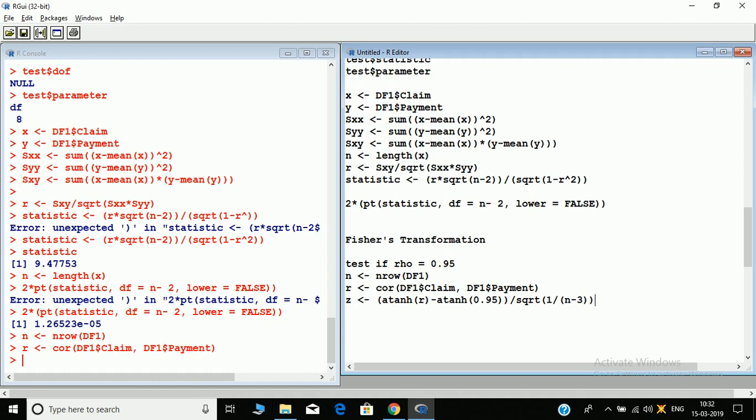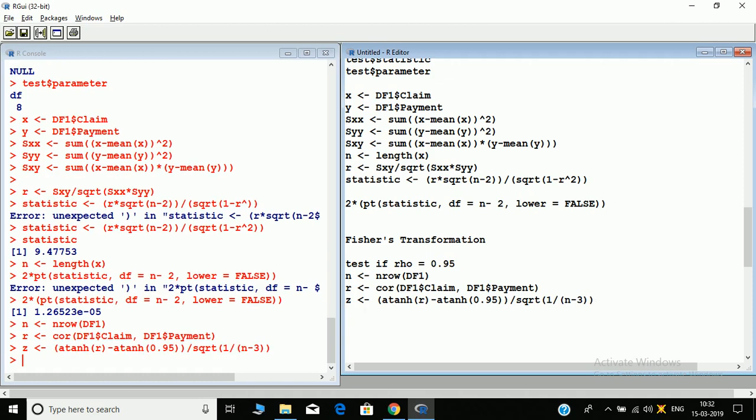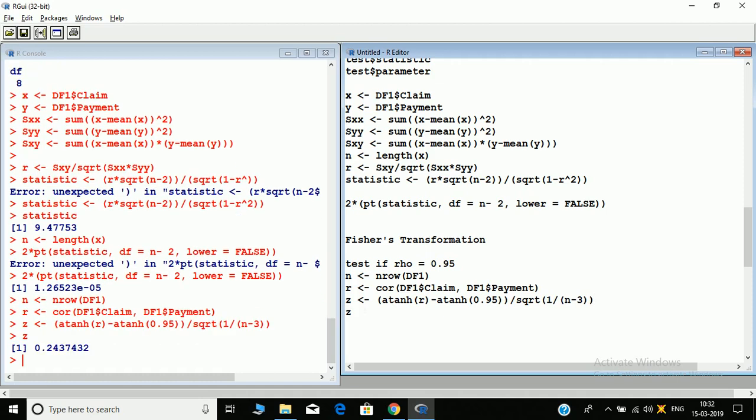So this is our Fisher's transformation, and Z is the value of the test statistic. We need to find out the p value for this. So 2 into p norm Z, as this follows normal distribution, and lower dot tail equals to false.